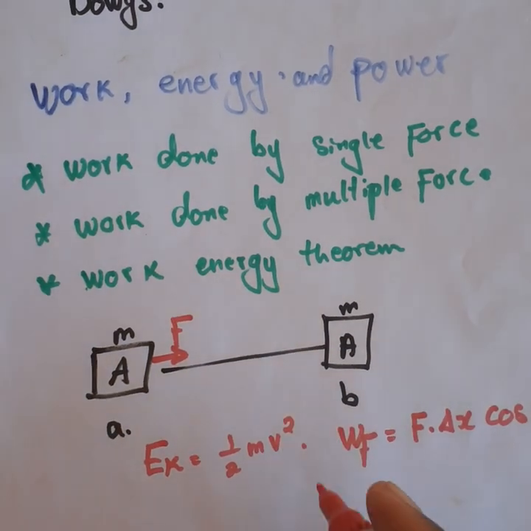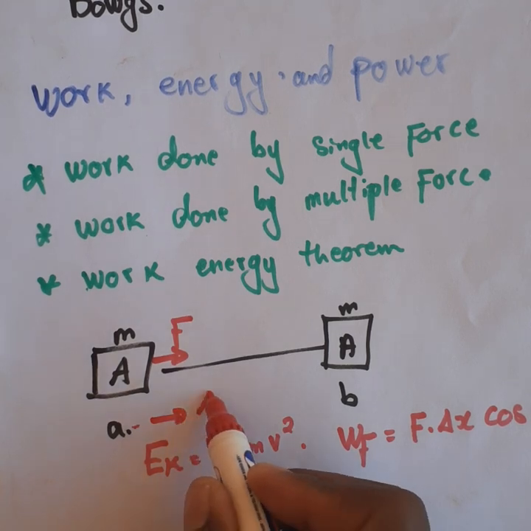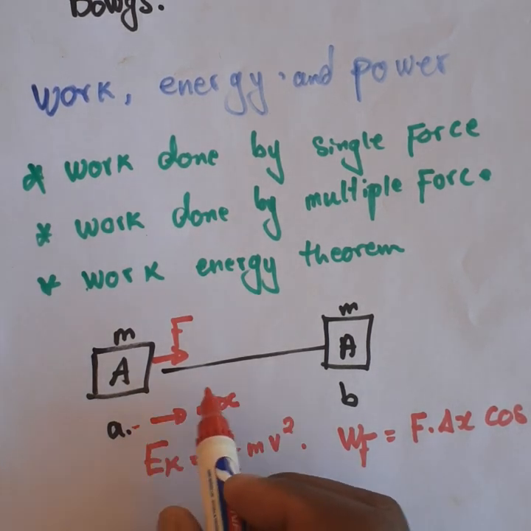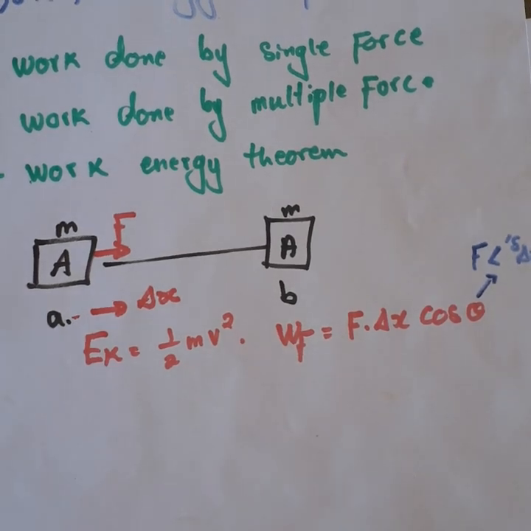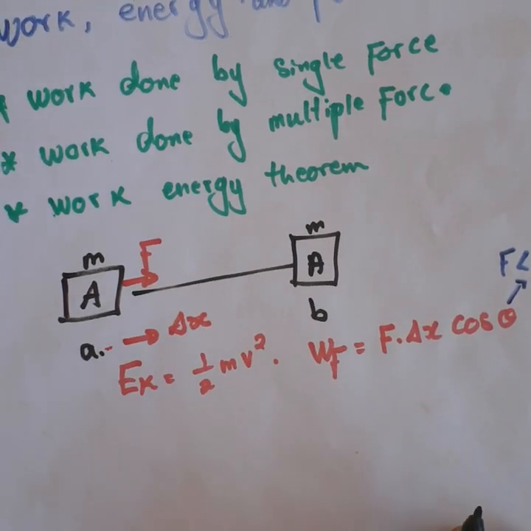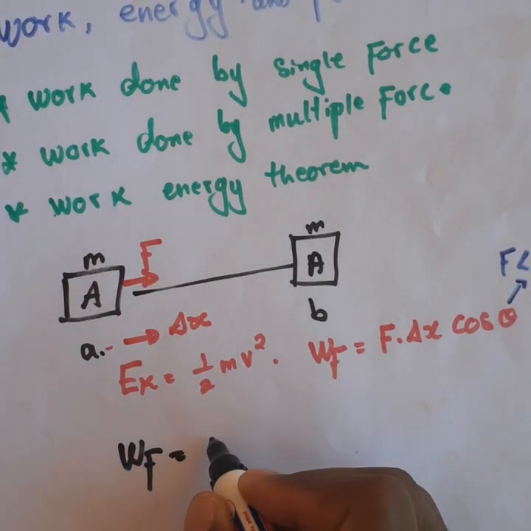So let's take a look at this. The displacement is from point A to B, so displacement is going this way. This is the change in x, and F is going this way. The angle between the two parallel lines, can you tell me how much that is? It is 0. Therefore the work done by that single force is going to be F